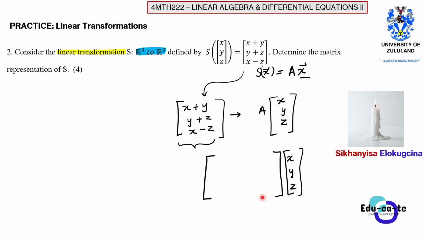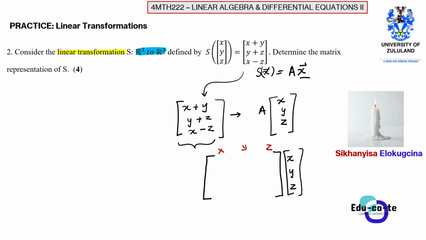I'm trying to say here, we have the entries X, Y, Z. So there are 3 entries. Having 3 entries in our vector means that matrix A must have 3 columns, each column representing the coefficients of each entry. All right, let's just try that. Let's say this one is the column for X. This is the column for Y. This is the column for Z.